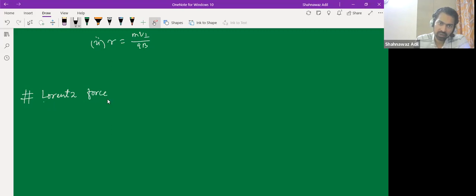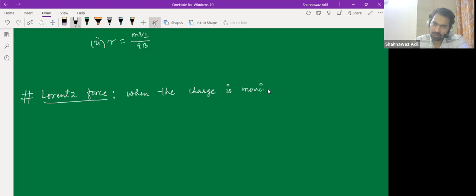What is the Lorentz force? Whenever a charge is moving in the presence of an electric field and a magnetic field, both,